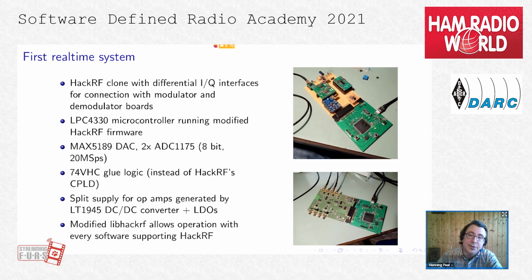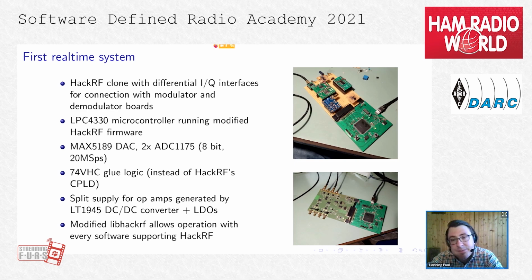And then I chose this modular design where you have the digital PCB here, and then this is the ADDA board. This was perf board in the beginning, and I later made a proper design, 2-layer PCBs for the analog inputs and outputs. This design used a MAX5189 parallel DAC. This is a 20 megasample DAC with 8-bit parallel interface. And for ADC conversion, I used the ADC1175, which is a Texas Instruments part. It's also 8 bits, 20 megasamples per second, parallel interface.